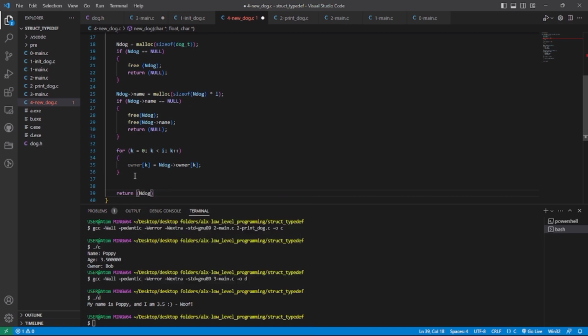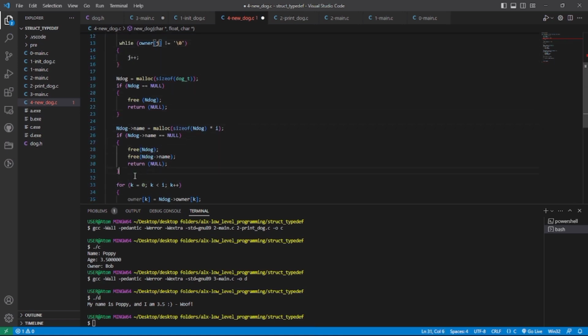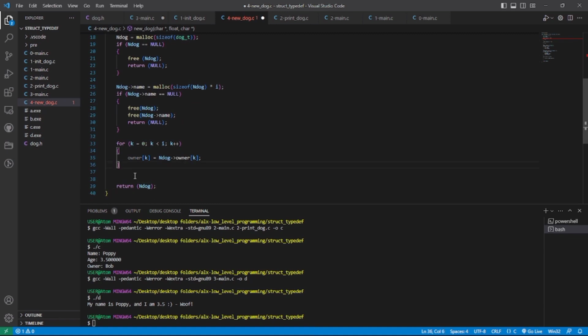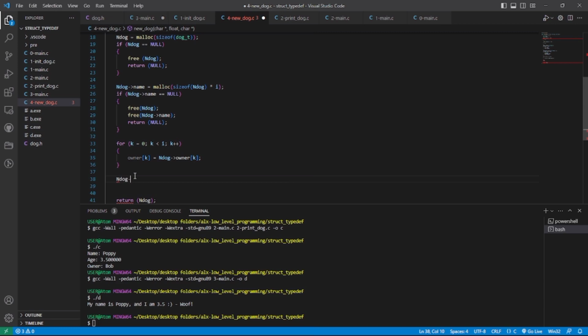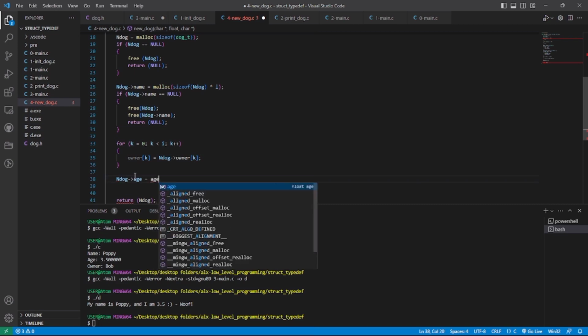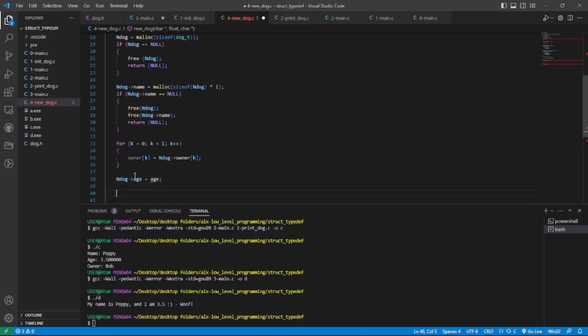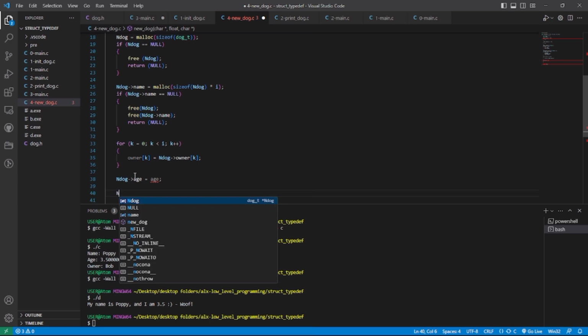So in the end you're going to return this, but before that you want to repeat this for copying the other one, which is n dog hyphen h, it's now going to be equal to h. So this is pretty straightforward. And you want to do the same thing for the n dog